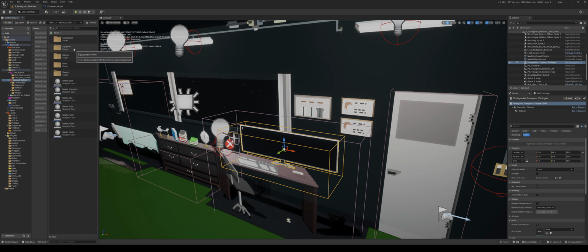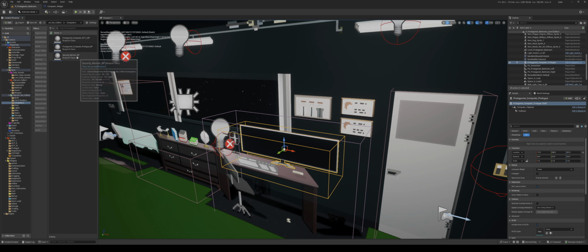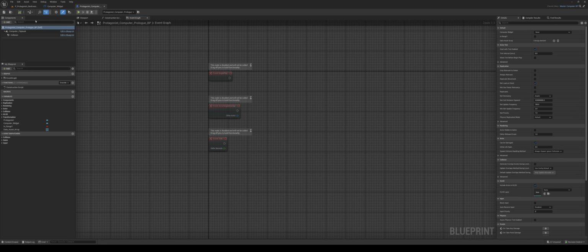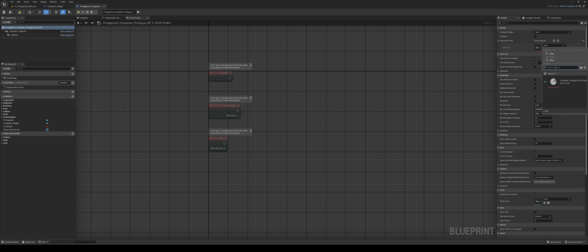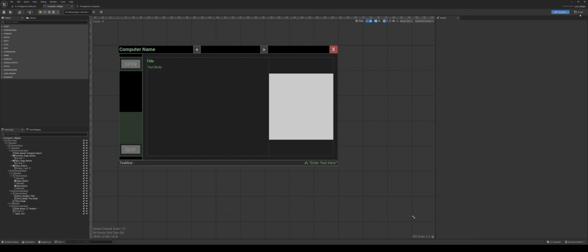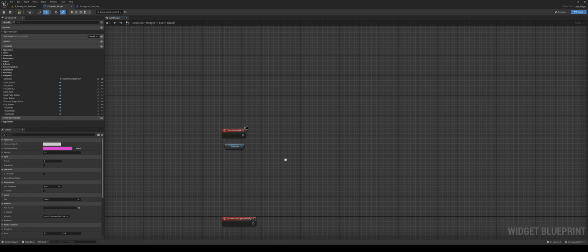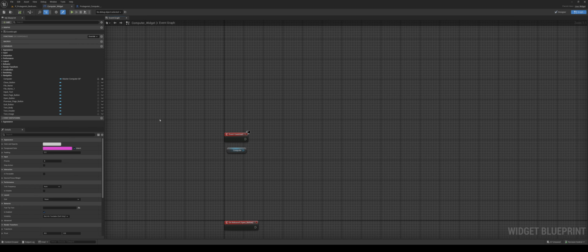Come on, brain. Think, think, think. I put in no collect tonight. No collect. Computers. Prologue. Okay. Data asset. Only one. We want that one. Cool. We do need the parent. Oh no, we don't need the parent for anything else right now. We need the widget. So the widget needs to look at computer